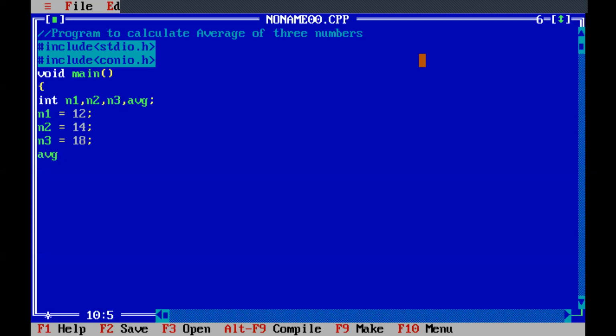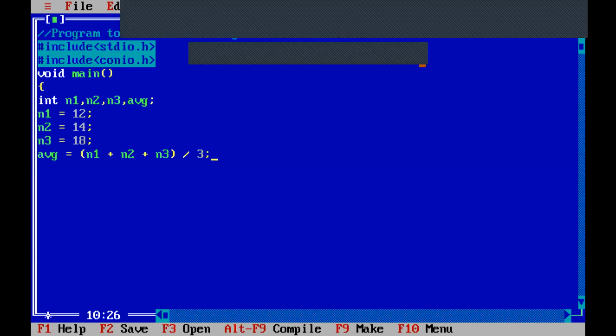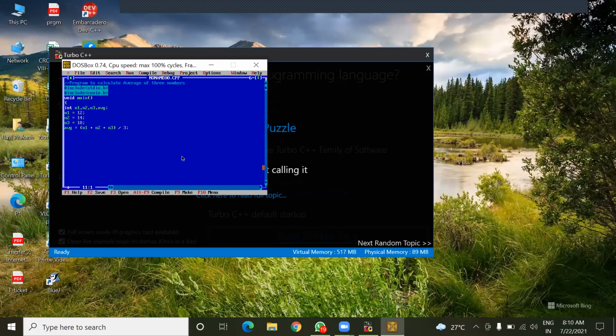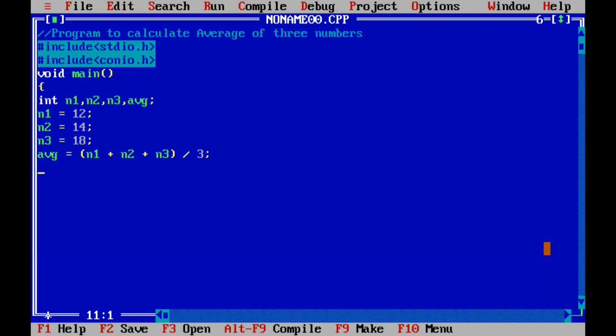AVG equals, I have to add these three number values, so n1 plus n2 plus n3. After addition, the sum should be divided by 3. With this expression, the average value can be easily calculated.